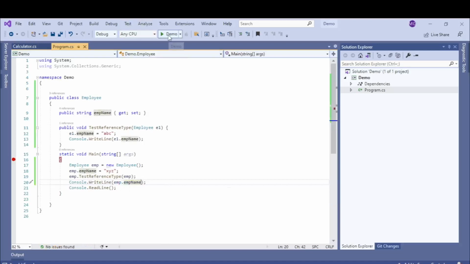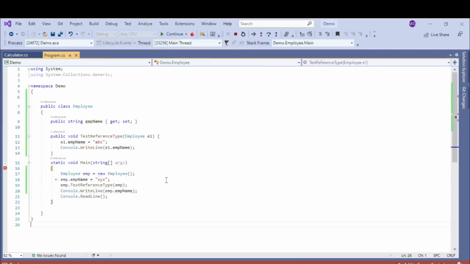Let's run it. Control has come. Now see, we'll debug it. We have created Employee as an object. We have assigned EmpName xyz. Now we are calling this TestReferenceType and passing this emp object. In e1 we have passed emp, and now I'm assigning a value to e1.EmpName, which means I'm assigning a value to this reference.